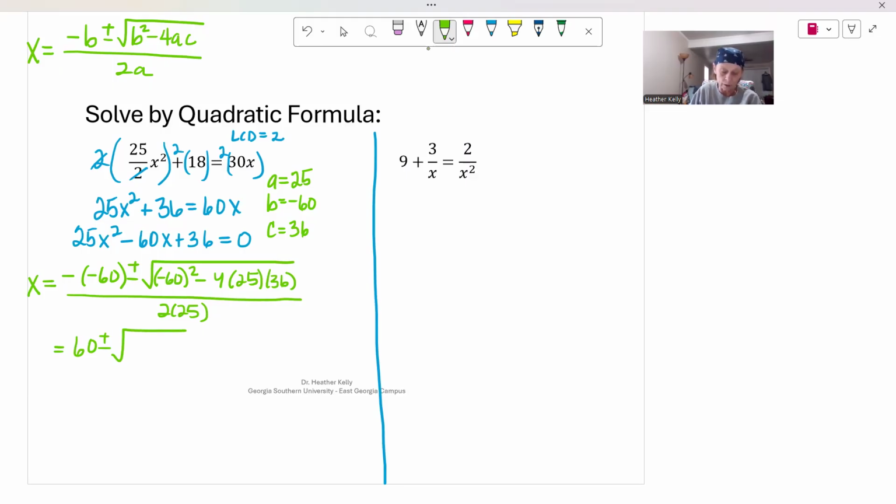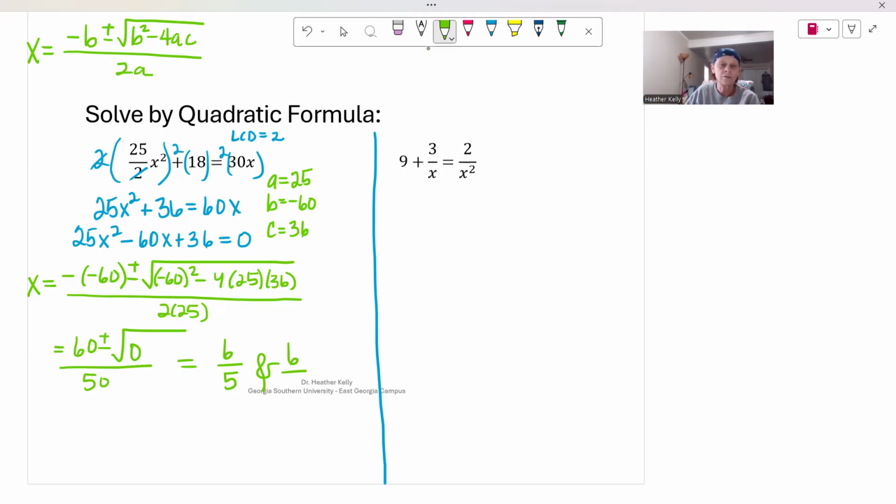Let's see what it is. I'm going to do it on my calculator. If you plug a negative number into your calculator to then raise it to a power, please put that number in its own set of parentheses. Okay. We got 60 squared minus 4 times 25 times 36. That gives us 0. Ooh, nice. I didn't expect that. 2 times 25 is 50. So that means that our answer is 6/5